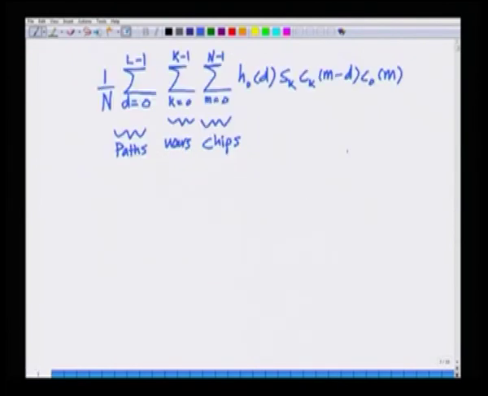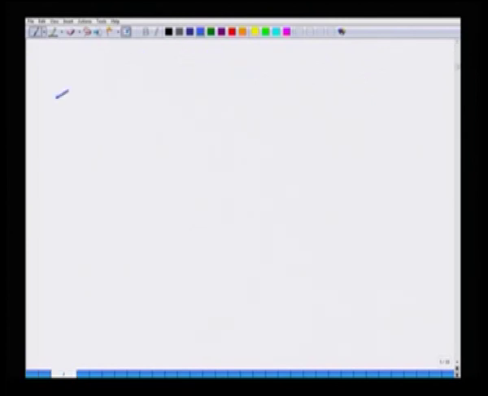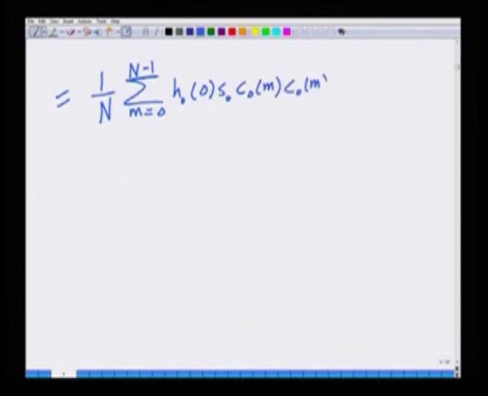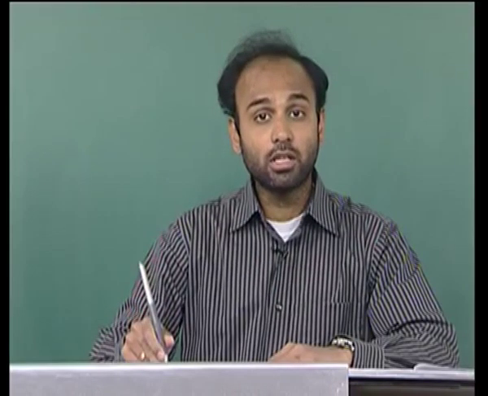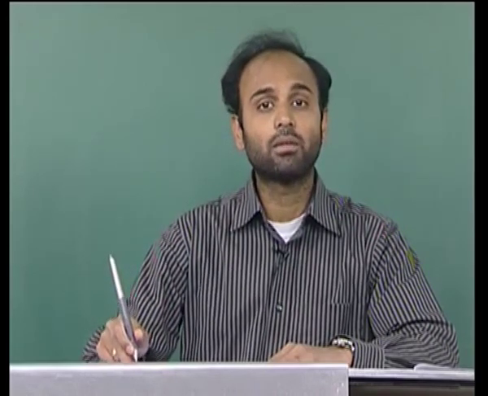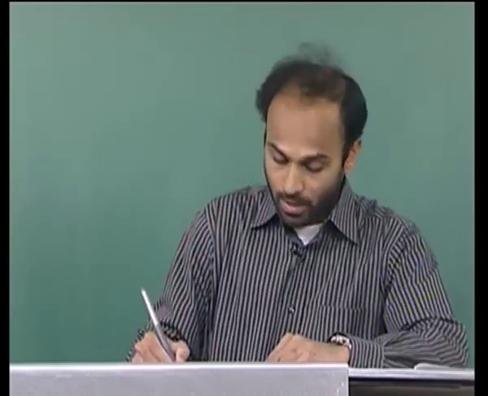So, I will write this summation, which is the next net received signal, as the sum of these three components, which can be represented as 1 over n, summation m equals 0 to n minus 1, that is summation over all chips h 0 0 s 0 c 0 of m, c 0 of m. This is the component corresponding to user 0 path 0, that is path with lag 0, plus,